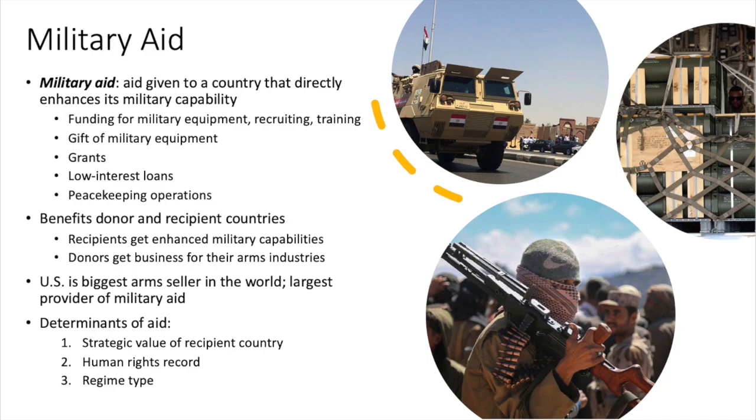So let's start and talk about number 2 here, military aid. So military aid is aid given to a country that directly enhances its military capability. So there's a couple of ways that this could go. It could go the way of funding. So we will provide funding that we have specifically earmarked for you to use to buy military equipment, to aid in your recruiting initiatives, to aid in training. It could be that it's the gift of military equipment,